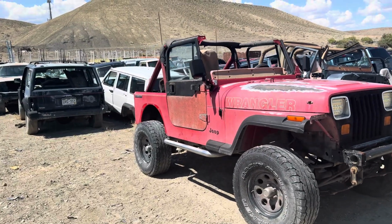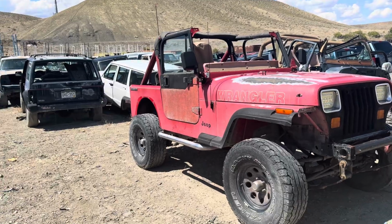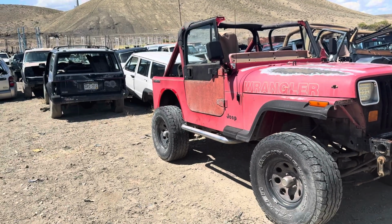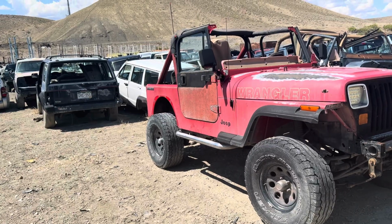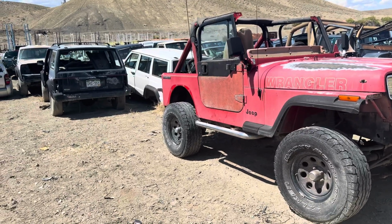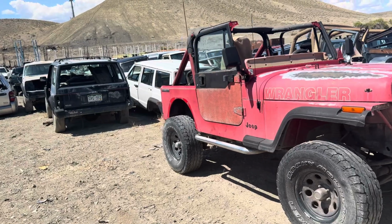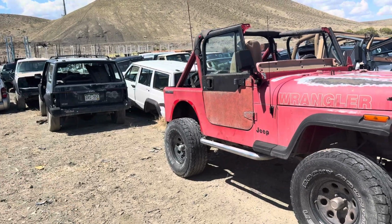At some point or another, I probably have filmed this Jeep before as part of a series. But when a customer specifically asks for a color, we like to just go out and show them that color. So it's a faded red, which is probably good because if you're not wanting to paint it or not doing a lot of paint work,